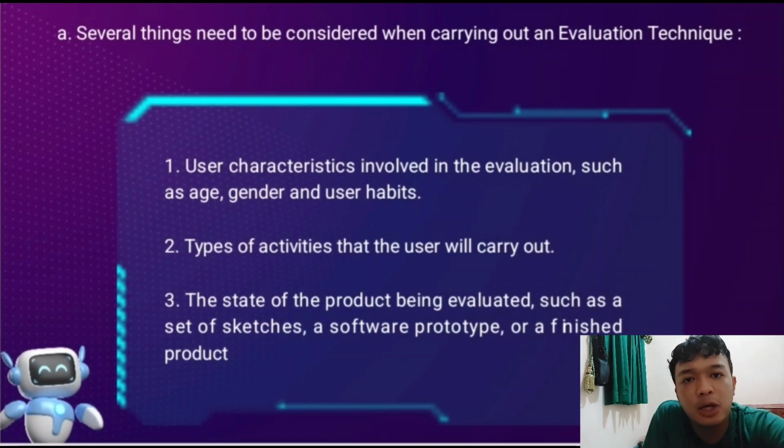In this stage, the evaluation is more detailed, involving user interaction with the interface and basic features. Feedback is focused on usability, navigation, and interface design. And then evaluation method, usability testing, where users are asked to complete certain tasks and provide feedback about any difficulties or confusion they experience. And then C, finished product.